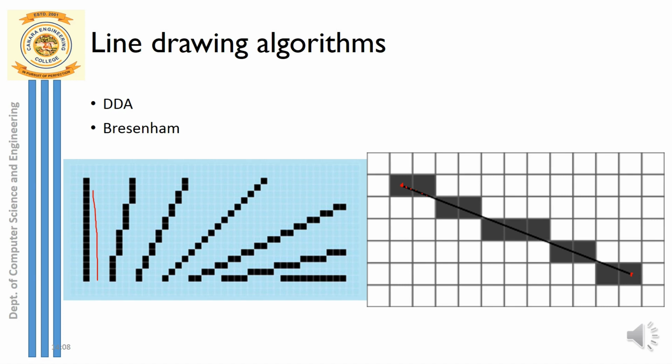If I start with this leftmost endpoint, you can see which among these pixels on the screen should be selected in order to generate this leftmost endpoint. Can I select this pixel or this pixel or this pixel? I cannot select all of these. Why? Because these pixels do not correspond to this particular point. This endpoint lies exactly inside this block in the grid, so this pixel only should be selected. Note that this rectangular block is nothing but a pixel which has to be selected to generate this endpoint.